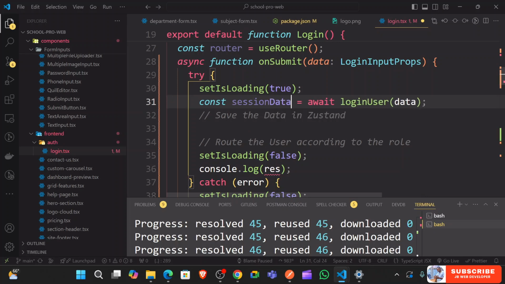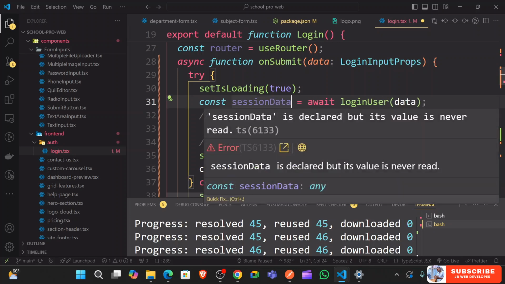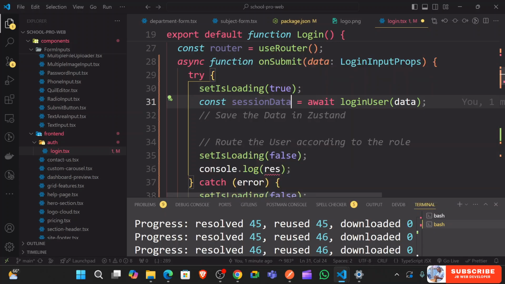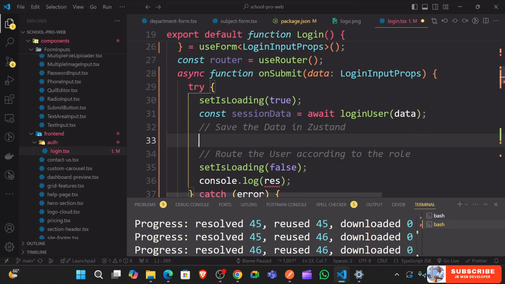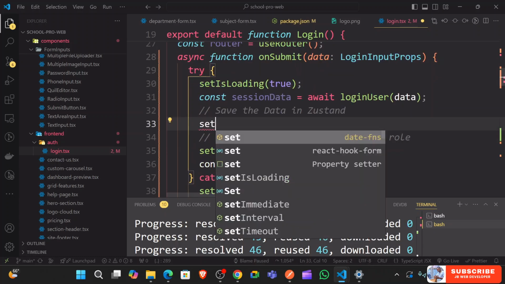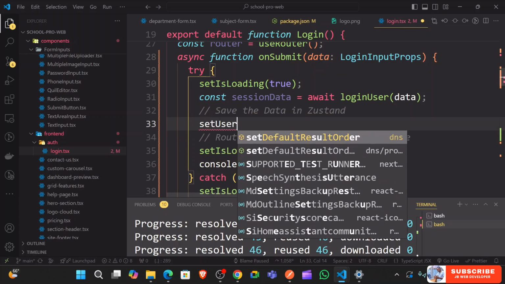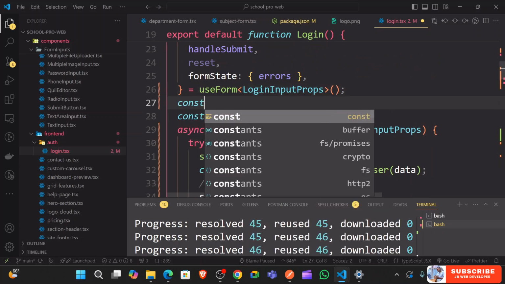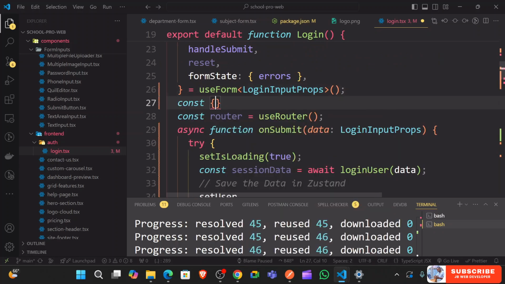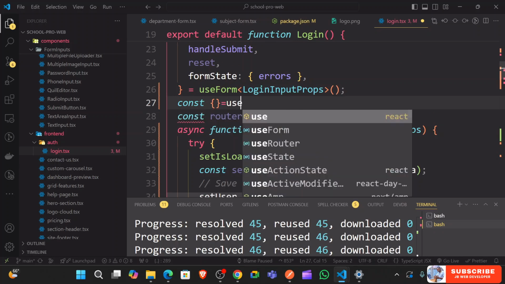So whatever we get back here is going to be the session data. Is declared, but it's okay. So here we're just getting session data, and then we could just call from the zustand, they say user. Okay, we could just get it from the zustand const, and we just say, for instance, use